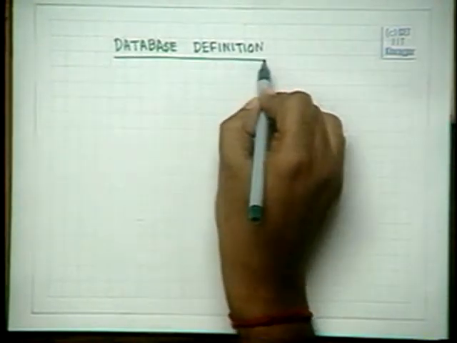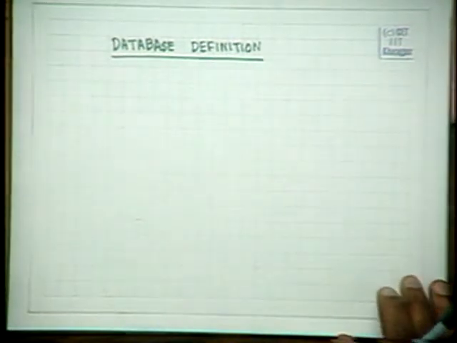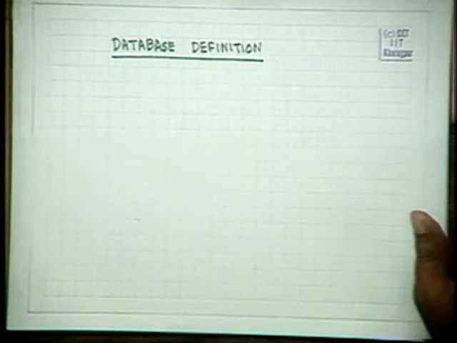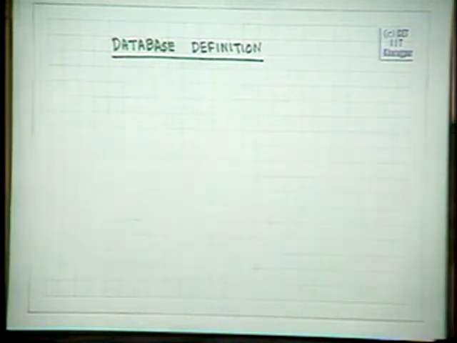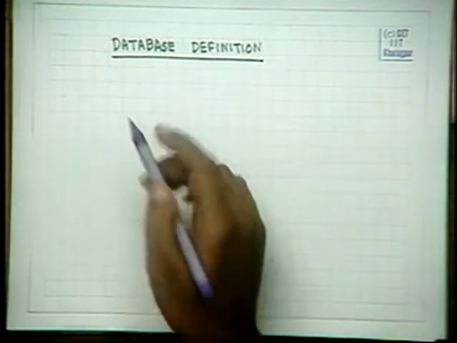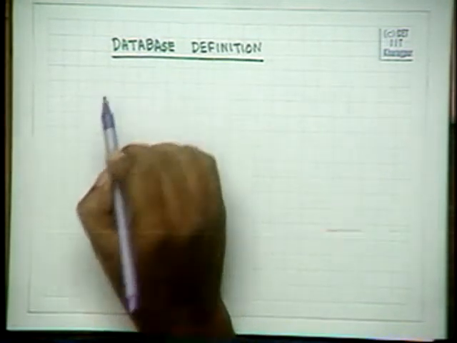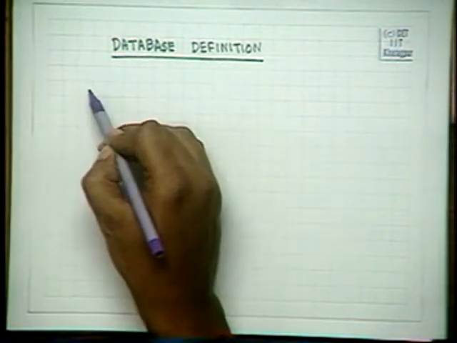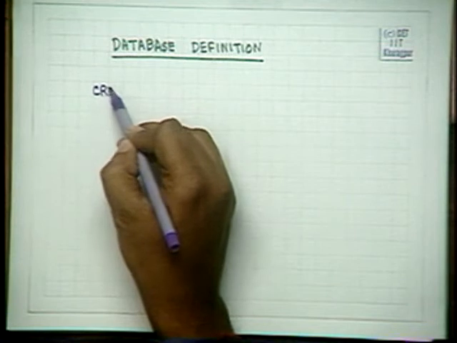Having seen everything regarding the database, lastly we come to the first thing, that is the definition of a database. The definition of the database comes after you have done your ER diagram modeling and you have defined your database. So you have to just define your relations. And to define your relations in a relational database, you define them as tables. So for that you have the create table construct.